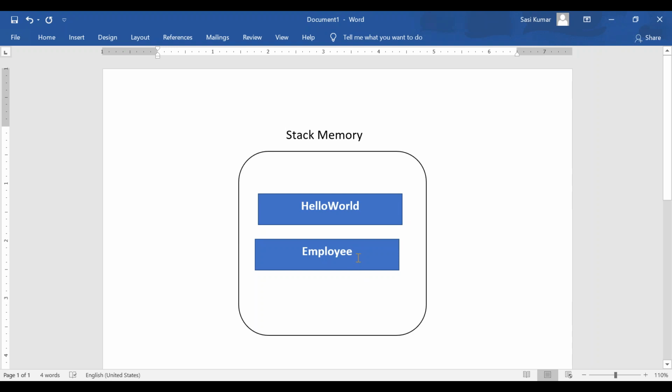This example we will see later. I am just telling you to understand the background. Inside the HelloWorld class, consider you are trying to call an Employee class method or variable. At that time, the Employee class will be loaded into stack memory.